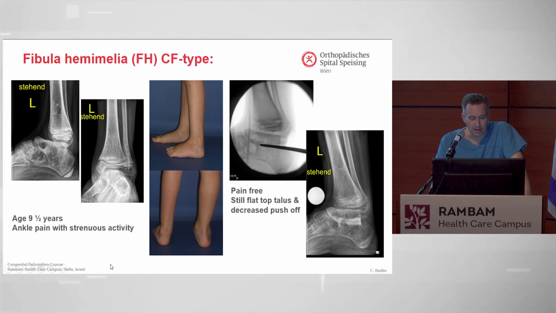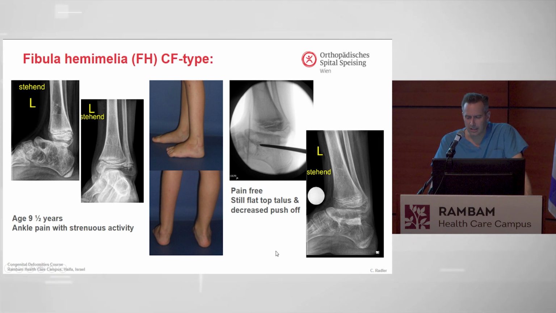At the age of 9.5 years, he started to have some ankle pain with strenuous activity. And you can see now, because of the fusion and because of the deformity, this is a very bad position. So there is a translation problem. There is most likely translation in the ankle joint during walking, and this is something the joint does not tolerate very well and usually gives pain. At the same time it's really a flat top talus, so there's not a lot of